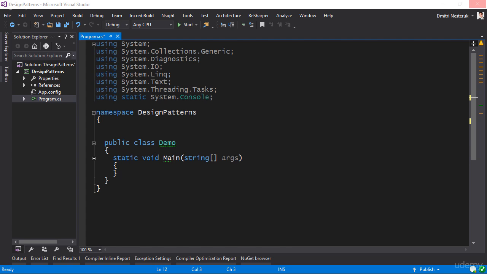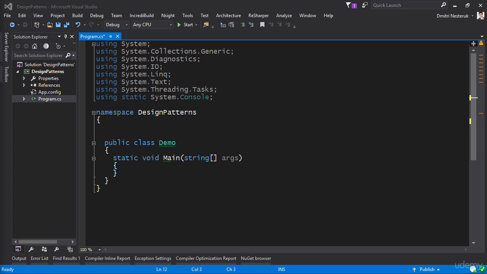The next principle that we're going to consider is the Liskov substitution principle, named after Barbara Liskov. So the idea here is quite simple. The idea is that you should be able to substitute a base type for a subtype. And once again, I know this sounds really cryptic and you might not be understanding what's going on, so